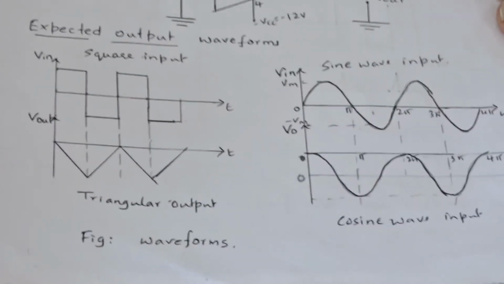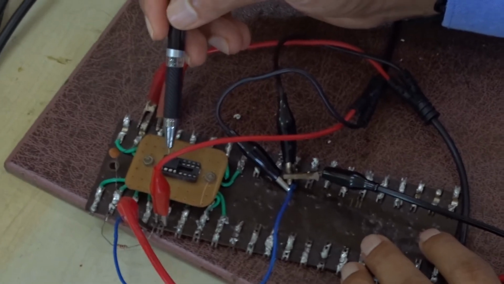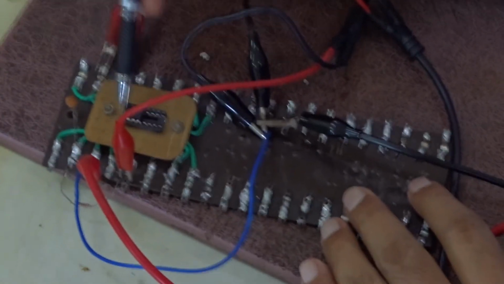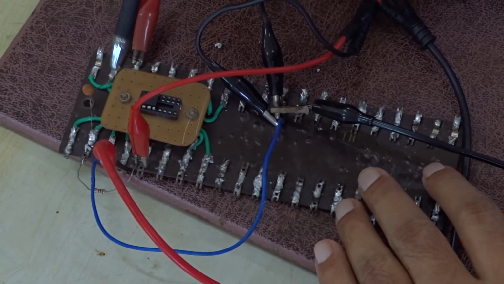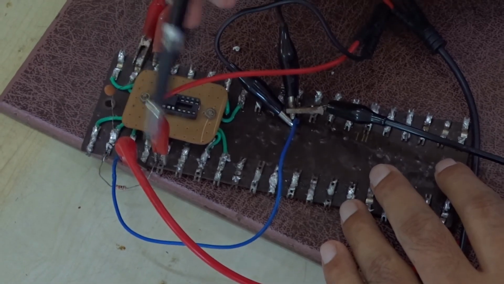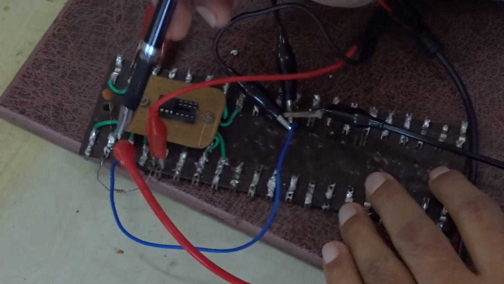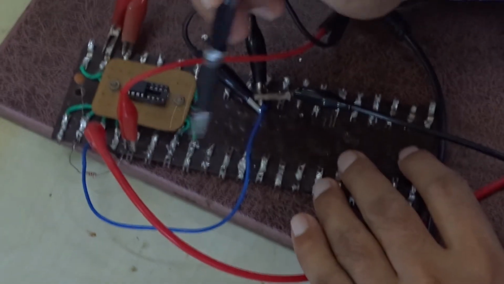So now I'll explain how the circuit is connected, how the components are connected, and I use the tag board here. This is the op amp, and the op amp number is MUS741. It has 8 pins: 1, 2, 3, 4, and this side 8, 7, 6, 5. At pin number 2, I connected one resistance, Rn, with a value of 1 kilo. That is connected to pin number 2, and at the other end of this resistance I give the input voltage.